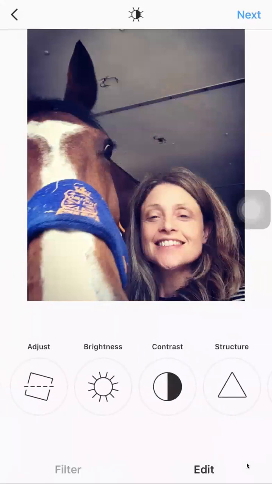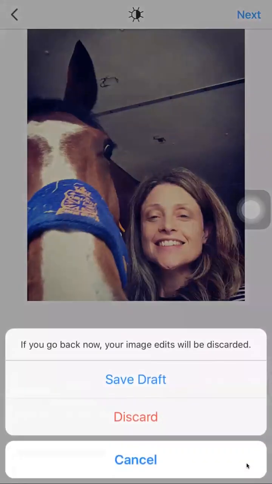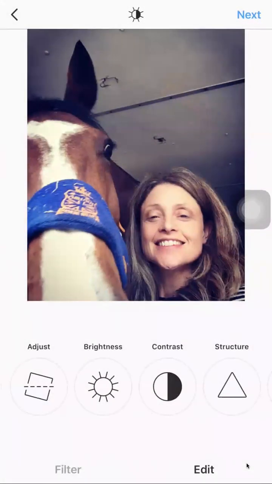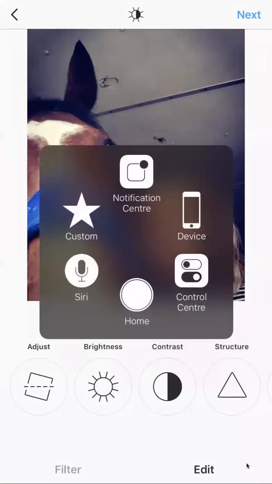Okay, so what I tend to do now from here is screenshot. I tend to use this button here just because it's the quickest, really. So this you can set up in your settings, for me to screenshot rather than press the two buttons. I've got quite a thick case on my phone, so it doesn't work very well half the time and it gets really annoying. And sometimes if you're at the yard, it's not always easy to do. So device,